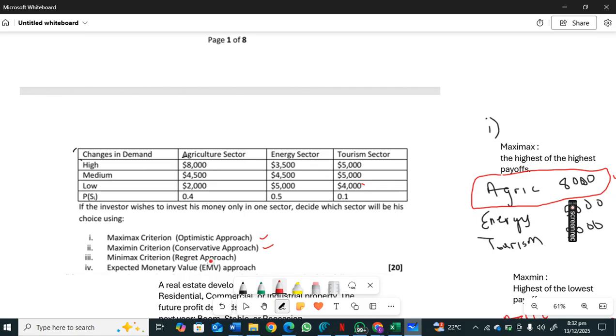So colleagues, in this case, when we say regret, think of it as the opportunity cost. If you remember from economics, opportunity cost is the cost of what you give up whenever you make a choice. In this case, it's going to be the profit that you give up when you make a choice to invest in a certain sector. So with the regret approach, this is the first thing you're going to do.